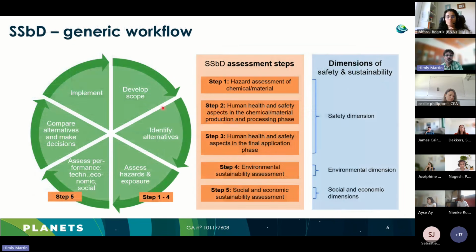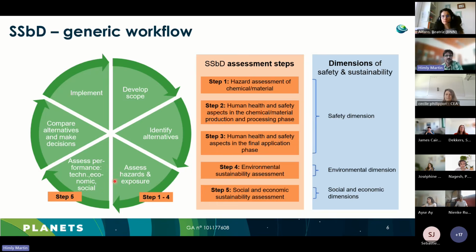A very short thing which we also saw already once, but it's in a different design now. In the former framework of SSbD, there were these 5 different steps, but 3 of them were actually adhering to the safety dimension. So we are now not differentiating this step so much anymore. But what is relevant, and I wanted to show this once again, there is this sequential conduct, where we are first planning in the scoping phase, then identifying alternatives, and then assessing them functionality against safety and